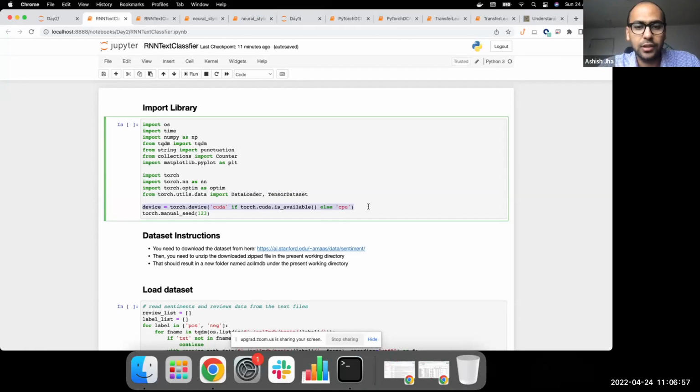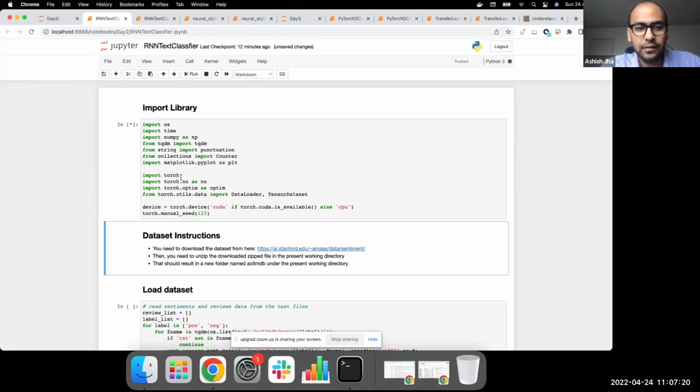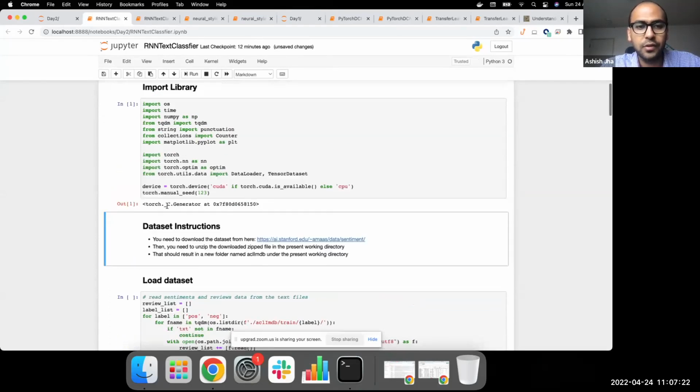If you are using a GPU, this step of setting up the device might also be helpful. But for now, in this demo, I'm going to use a MacBook which contains no GPUs, only CPUs. And finally, I said this yesterday as well: this is an underrated step, but we should always set the manual seed of any of these experiments so that we can reproduce the results across different runs. So I'm going to run this now, which hopefully should run.